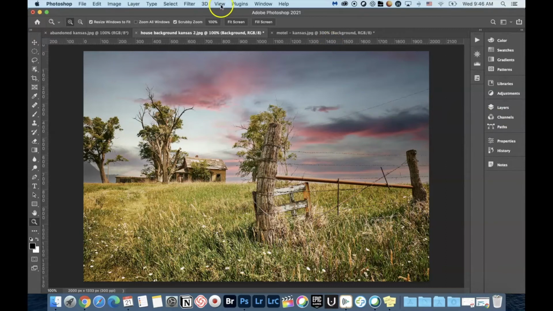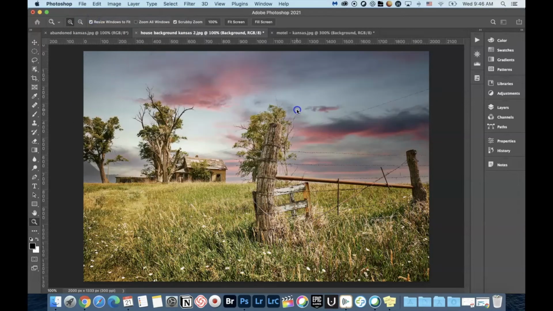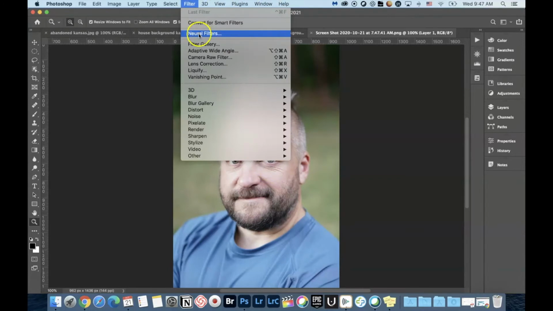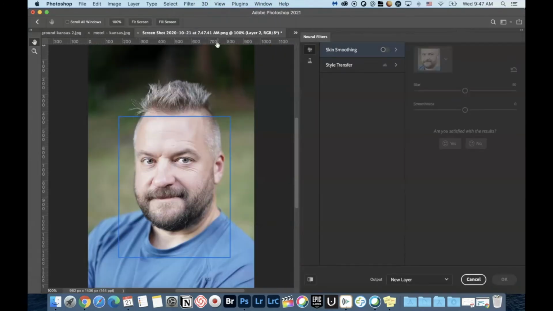A couple other tools. So let's open up a picture, and these are the funky ones. These are a little weird. I'm going to open up a picture of me because I don't mind if I make fun of myself. So these are kind of experimental, and you'll find them under filter, neural filters. It's a fancy name. They're using artificial intelligence and machine learning to compare your photos with other photos and